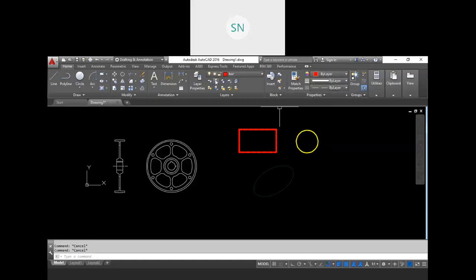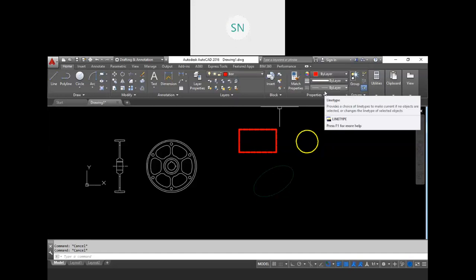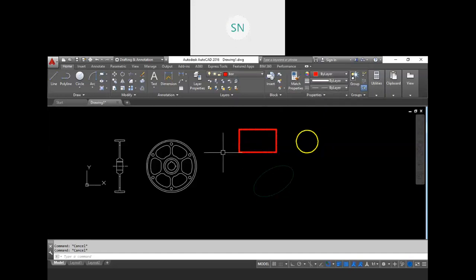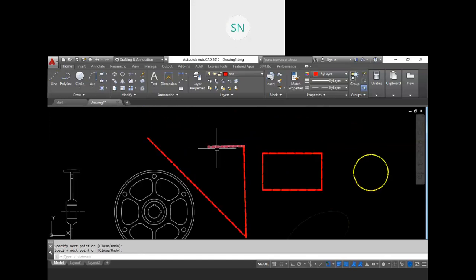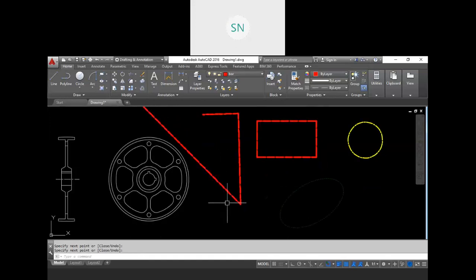That means in our border layer, whatever settings we have done, these settings will be current now. So whatever new object I am going to create will be created in that layer, right? So this is not it about layers, this is just a beginning.